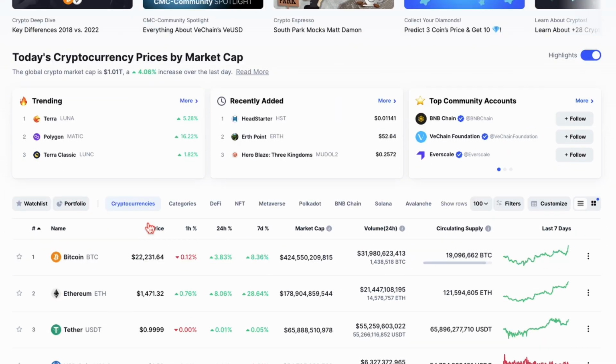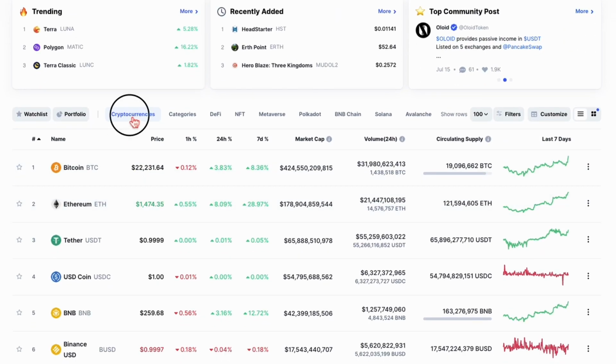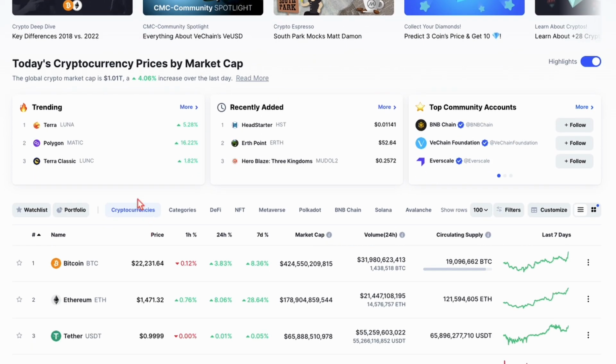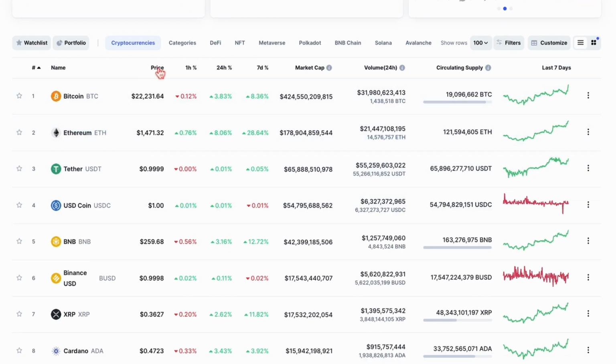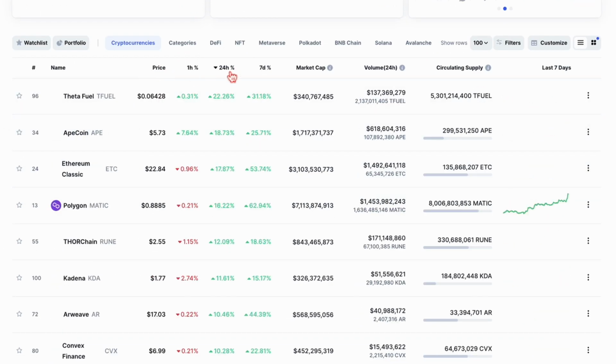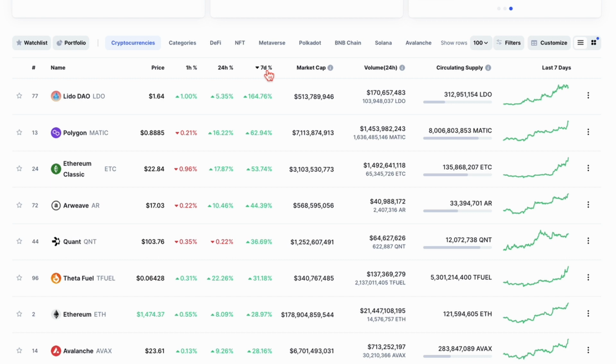Before we dive in to see how we can trade different cryptocurrencies, if you are wondering which crypto to trade, just go on CoinMarketCap that I'm showing you on the screen and go to the asset that's moving the most. So you can see, go for the top 5 that's moving the most for the day or for the week. That's how you can pick the crypto to trade for that day. And if you pick that asset, you just go on Binance and trade that asset using leverage.